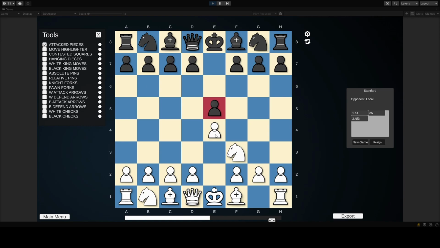So the tools I decided to create were things like showing attacking pieces. So if you're attacking a piece and it's not defended, it should go red. If you're attacking a piece and it's defended equally, it should go yellow. If you're attacking a well-defended piece, then it should go green. That's basically the concept, which isn't too difficult, but basically you have to find all the legal moves or